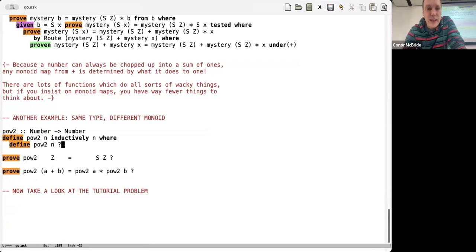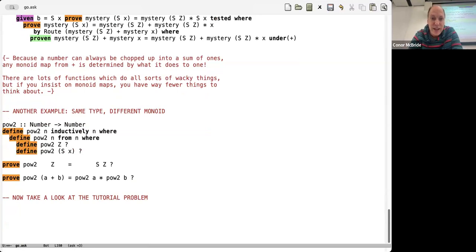Now we go. Now we do a from n. And now we are finally in the cases. So power 2 to the 0 is, as we just again heard, equal to SZ. And then powers 2 to the x plus 1 is the more tricky. Here we have a choice, and there are many. There are bad choices, but as far as I know, there's a good choice, and the good choice is just